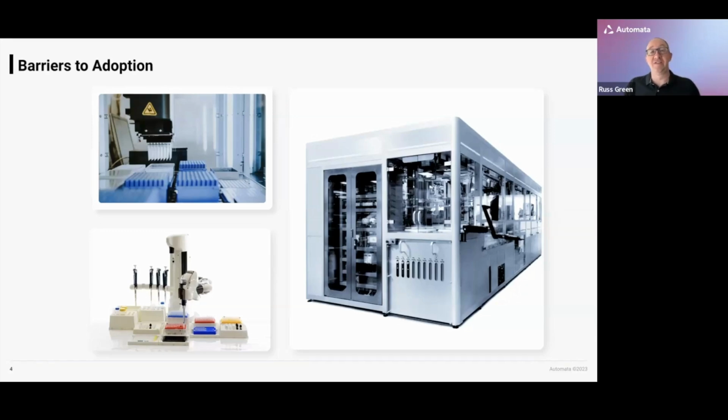There's probably more successes than failures in this space, and I speak as someone who comes from a very liquid handling centric automation background. But if we either go for something too complex in the top left, or something less complex than we actually need, then we end up having these systems sort of gather dust on the side, and they gain a very bad reputation as a result. So I think there's a lot of psychological challenges about adoption of automation that are very generalizable in this space.